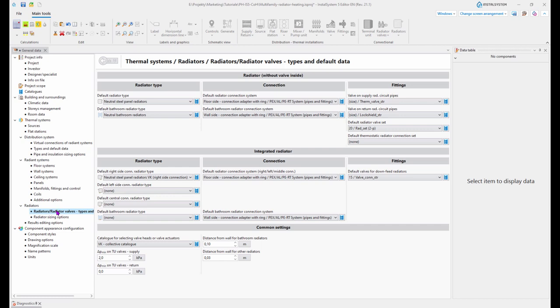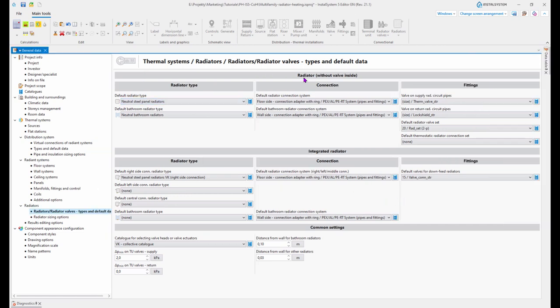The next step is common for radiators and radiator valves, and there you may select different types of radiators and their connections and fittings. In the first group we have some settings for radiators without valve inside. So in the first column on the left side we have radiator type, and we can set different for typical radiator,